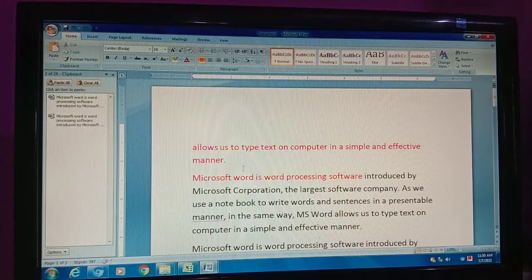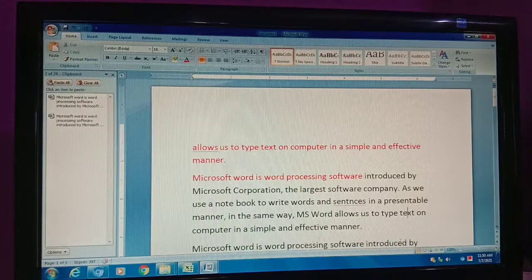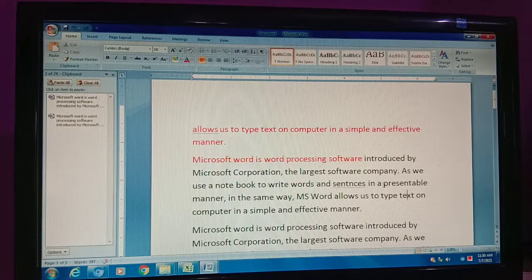Okay, so now next is our, you know student, there is a facility of checking spelling in MS Word. Microsoft Word में ये फैसिलिटी है कि आपकी स्पेलिंग भी चेक हो जाती हैं and आपकी ग्रामेटिकल मिस्टेक भी चेक हो जाती हैं. Let me show you. For example, I write the wrong spelling of a sentence. If I have typed wrong spelling of sentence, okay, and for example there is some grammatical mistake, okay, sorry, it is okay.